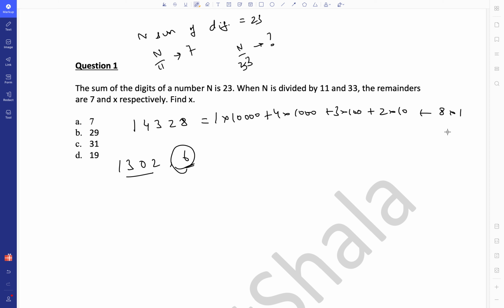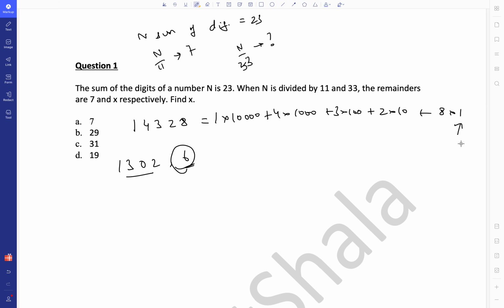Okay. So we'll find the remainder of each of these with 11, then multiply and add them individually. This requires you to know the basic concepts of remainders. Again, we have discussed those in the past videos. The links are in the description below.